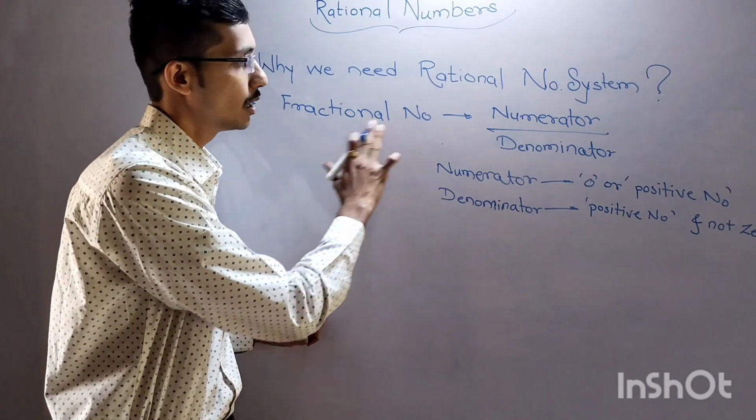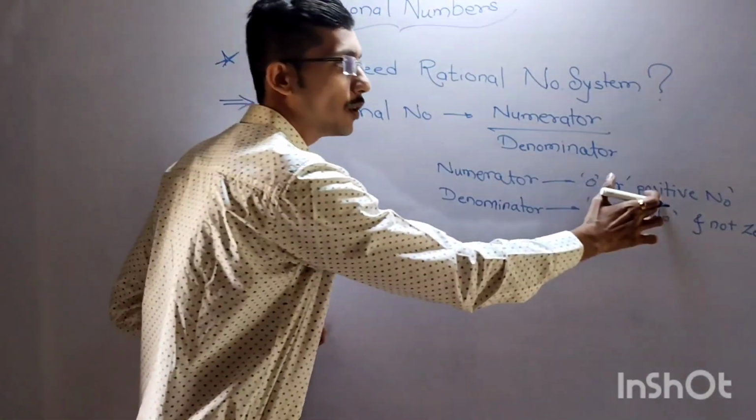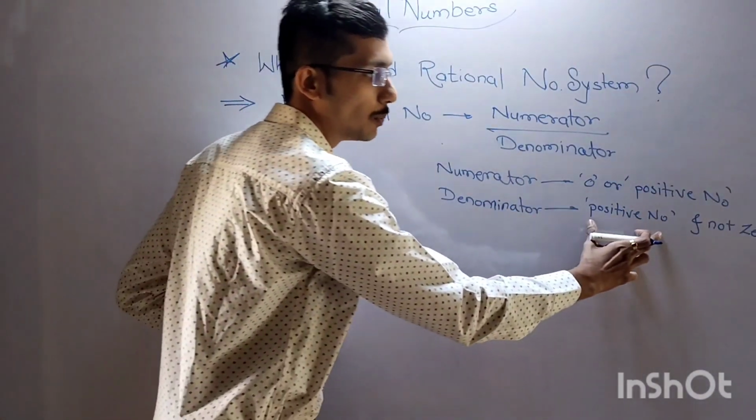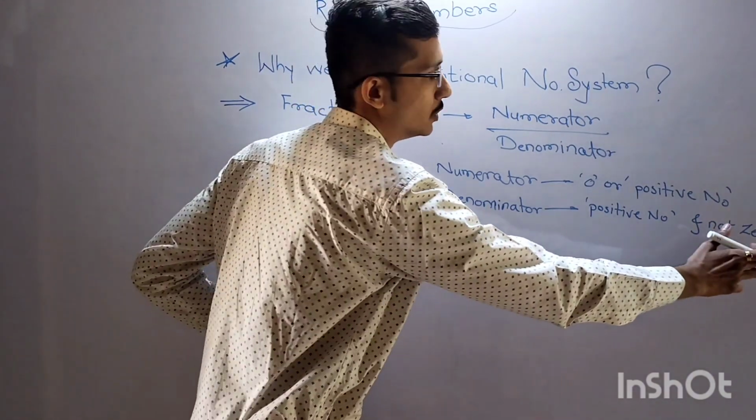So for a fractional number, the numerator must be 0 or positive, and the denominator must be positive only, not 0